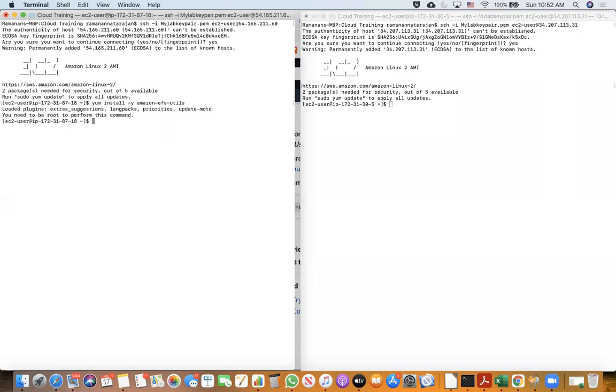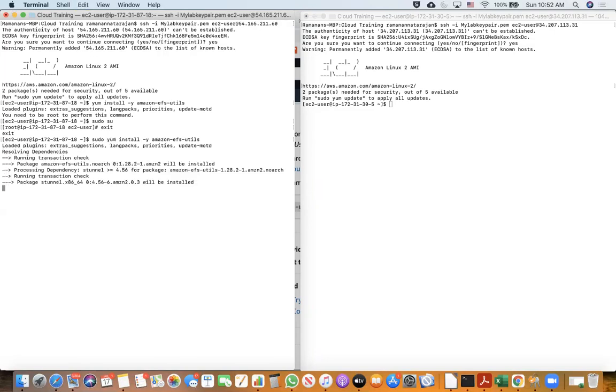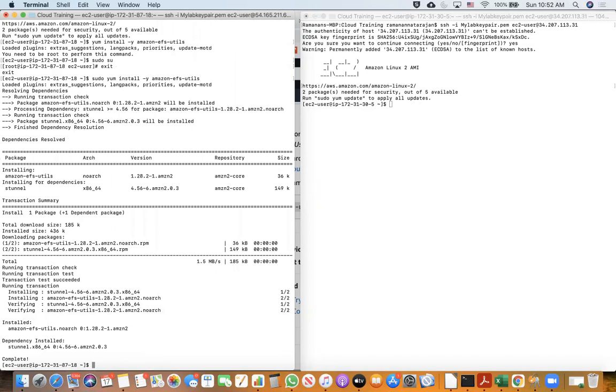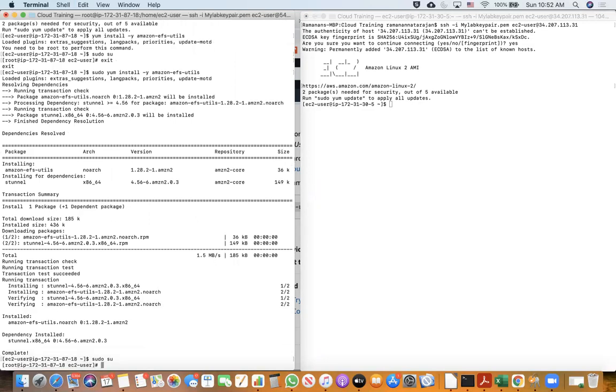Okay, I think I need to be a root user. Alternatively, sometimes if I don't really need to be a root user, I can always say sudo and run this, and it will take the root user access and run it also. That also I can do, but I'm just going to gain access as root user anyway, so I don't need to do that.